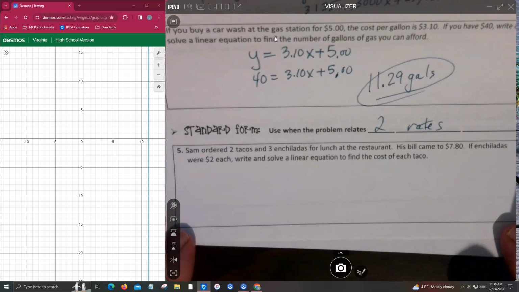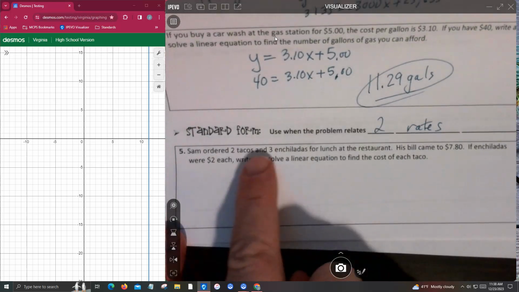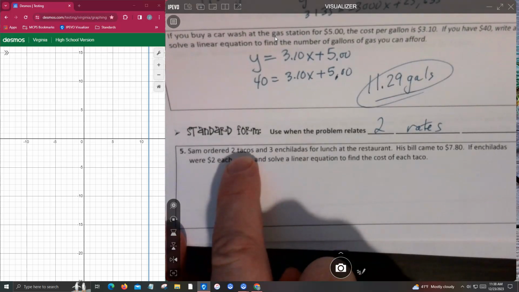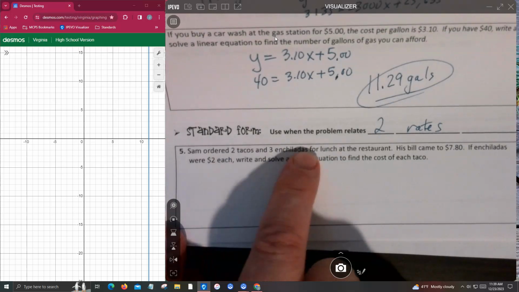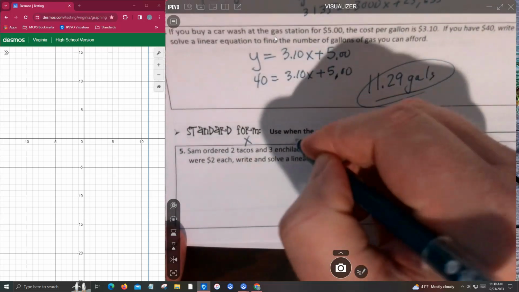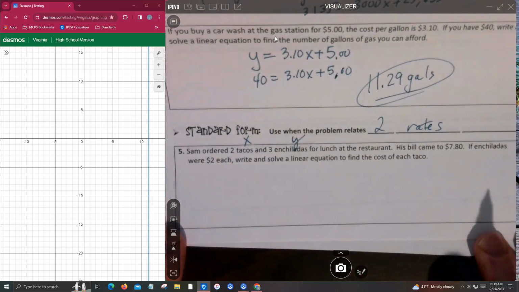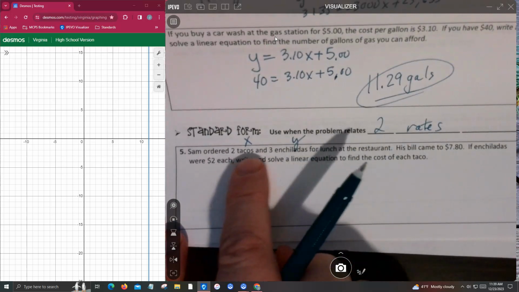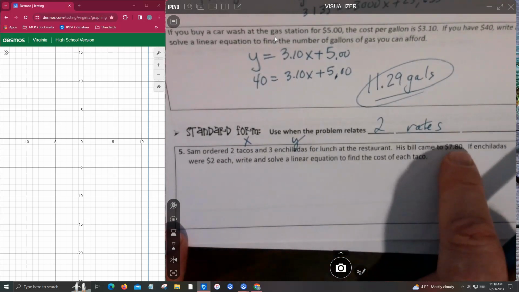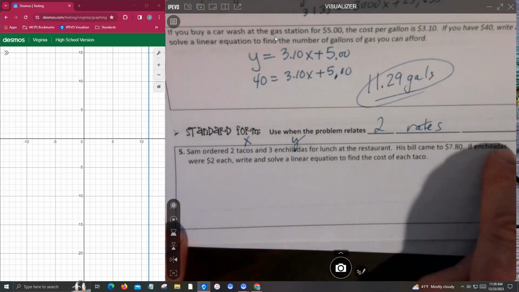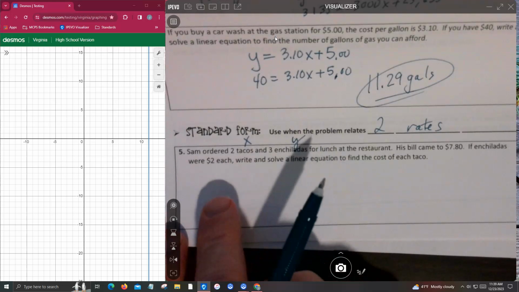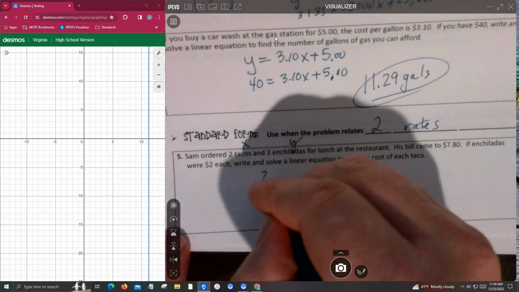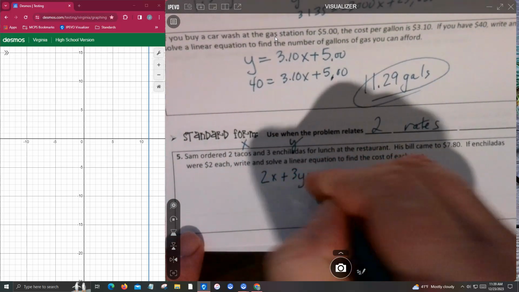All right, so the first thing I would do is say, okay, I've got two things going on here. So I'm going to assign tacos for X and enchiladas for Y. So I got X and Y. And so I'm going to write this first equation that says 2 tacos and 3 enchiladas for lunch at a restaurant, and it came to $7.80. What if the enchiladas were $2 each? Okay, so this is the amount of tacos. So this is 2x plus 3y equals my